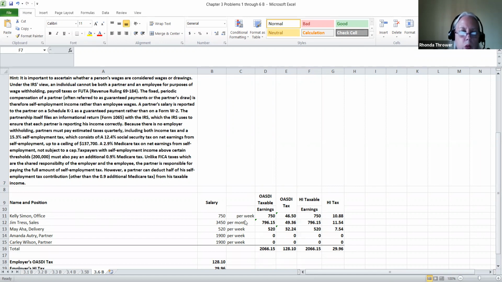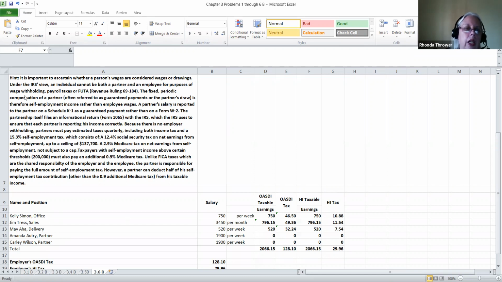Notice some of them are paid by week, some of them are paid by month. But what you really have to pay attention to in this problem is the titles of the employees. If the employee is a partner, they are not considered to be an employee for purposes of calculating Social Security taxes or Medicare taxes. So one of the first things you have to distinguish between, and they gave you a hint,